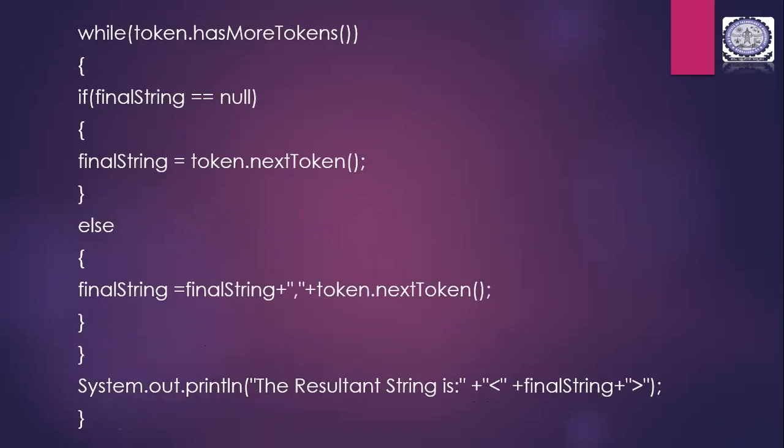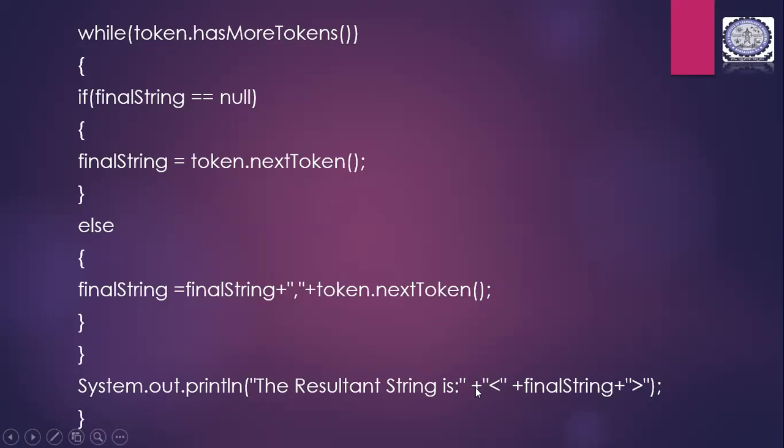Yeah, it will have it in that particular manner. So a comma will be there in between each of the substrings. So that has to be displayed, right? So it also tells us that there should be a lesser than and a greater than symbol there. So we cannot ask for that. So what we do is, the resultant string is, we only give this lesser than and greater than symbol. So we say that the resultant string is one particular string.